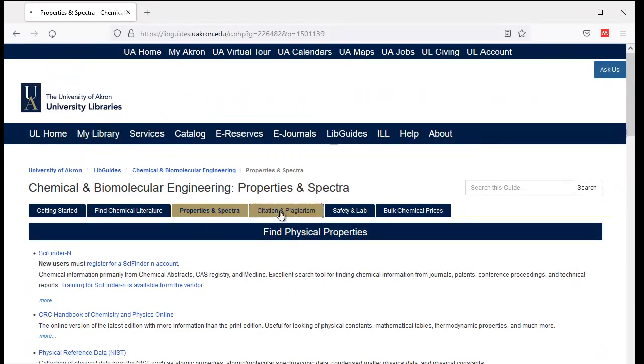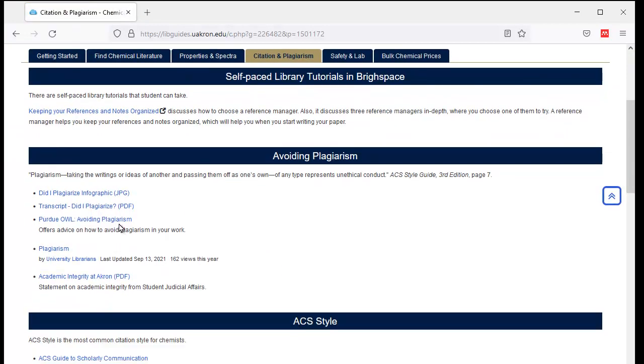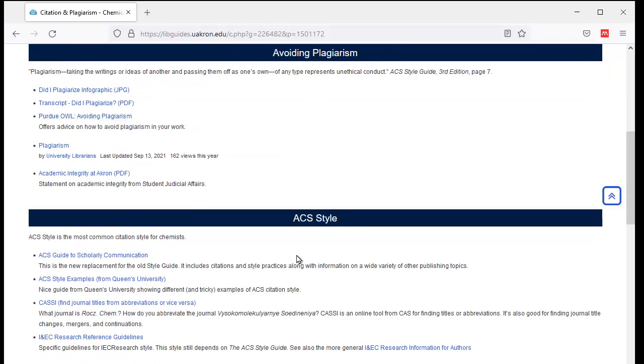Another section of this guide is citation and plagiarism. Purdue OWL is a very good place to look for their material on avoiding plagiarism. Also, we have some resources on American Chemical Society ACS style. So the ACS Guide to Scholarly Communication is a good resource, and a lot of times you notice using this style, or even a lot of the science-based styles, that they have abbreviated journal titles, and it's not always obvious what they are. So there's this resource called CASSI that's very good for you to use to find out what